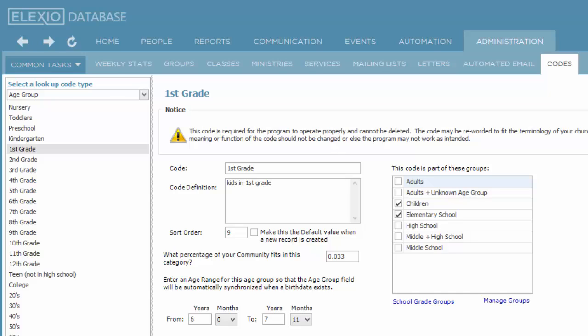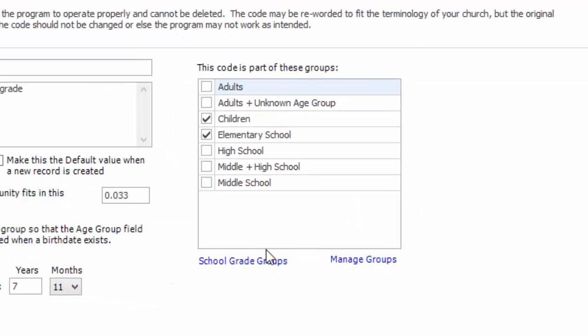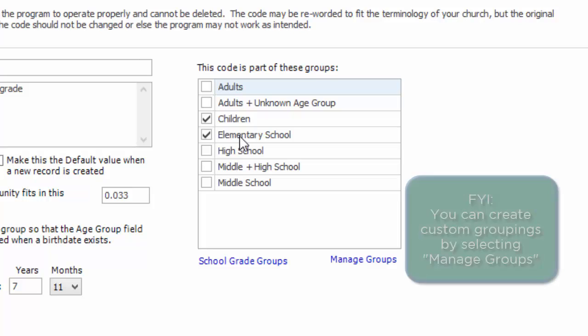In the same way that your status code can be put in groups, in the same way that your fund code can be put into groups, age group can be as well. An age group has a variety that are predefined by Alexio. So, still focused on first grade, first grade is by default part of the group identified as children and elementary school. There are reports and lists that you can use and engage throughout the system that will look to this